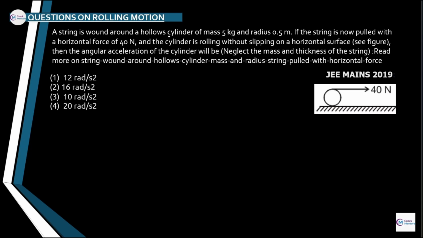What is this question? A string is wound around a hollow cylinder of mass 5 kg and radius 0.5 meter. If the string is now pulled with a horizontal force of 40 Newton, as you can see in the diagram,